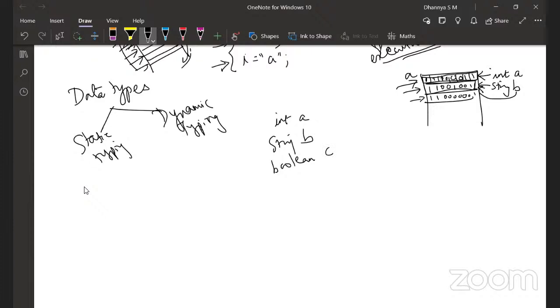This has to be made very clear before starting to use this variable. Now, again, both of them, static typing as well as dynamic typing, have their own advantages and disadvantages. Can you tell me what is the advantage of dynamic typing? Because you are familiar with that in Python.